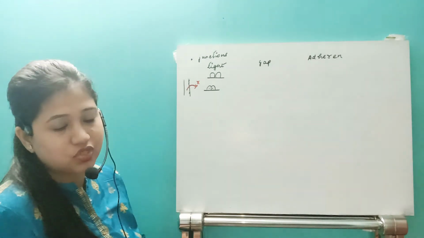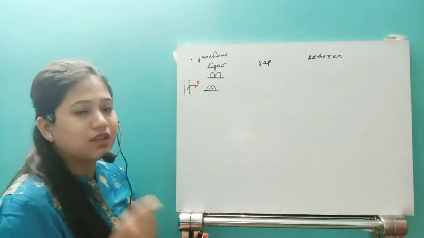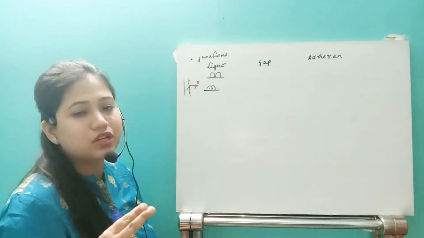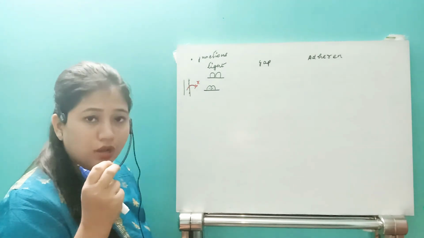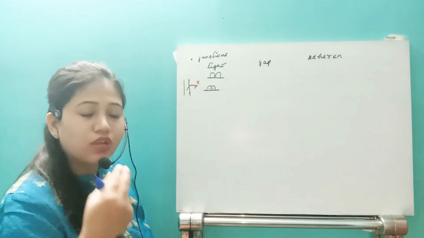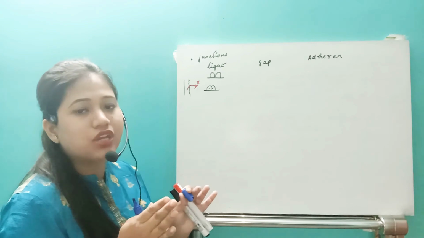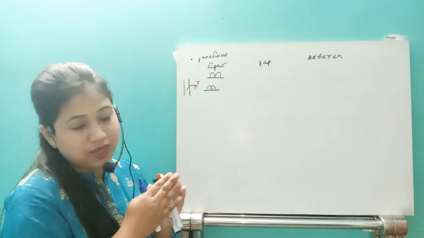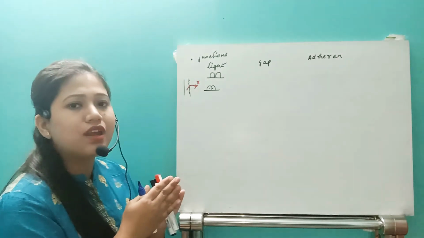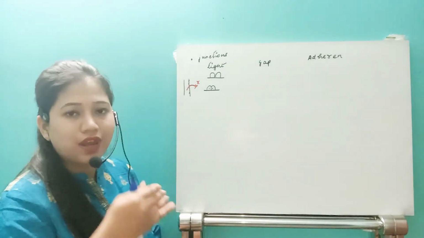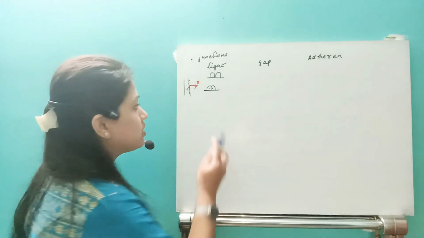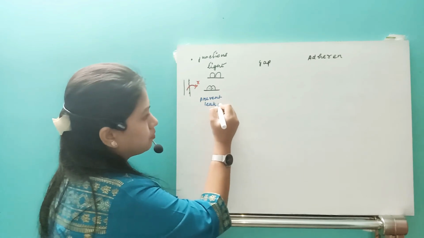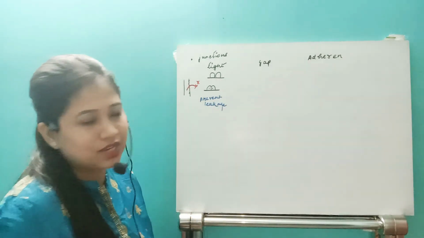So what is a tight junction? Tight junctions are junctions present between two cells, narrowing the intercellular space so that the two plasma membranes have no intercellular space. It is present in regions such as linings where liquid is flowing inside. It prevents leakage. Remember, it prevents leakage. So this is the tight junction.